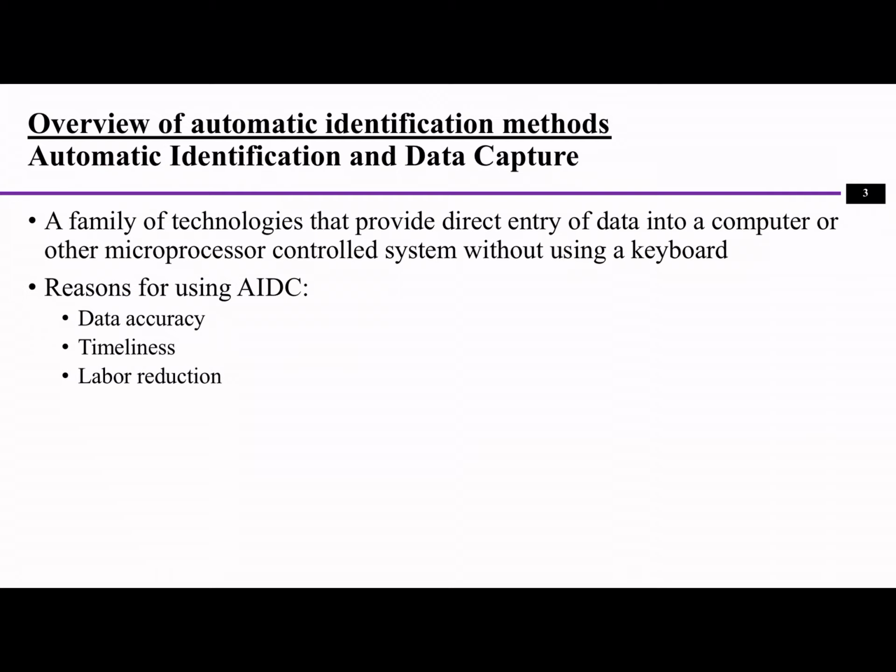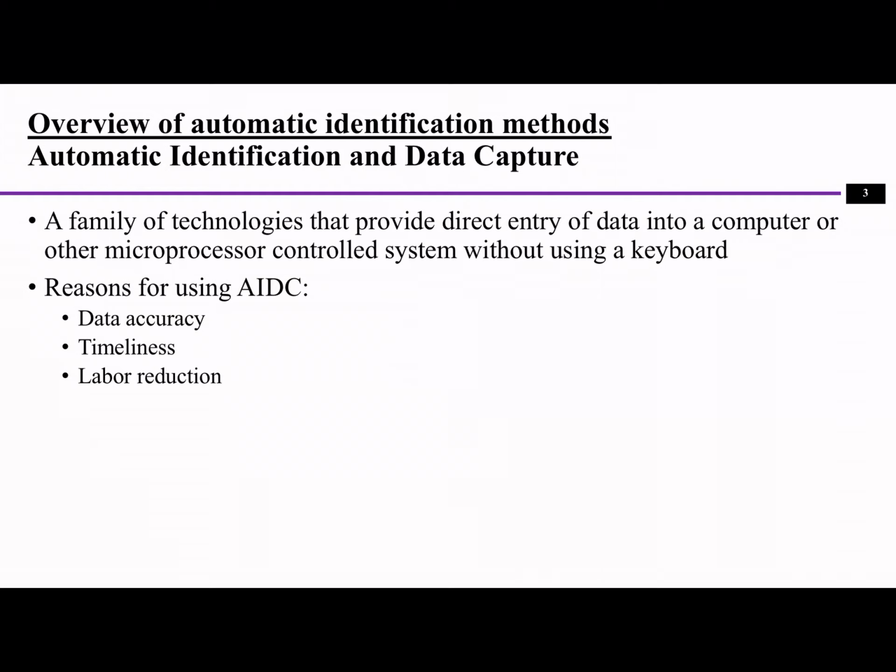All right, so automatic identification and data capture is actually a group of technologies or practices that are taken in production companies to capture the data from the manufacturing processes and then store the data into a computer or database so it can be processed by the computer program and then used for decision making. And so the reason we're using an automatic function instead of human